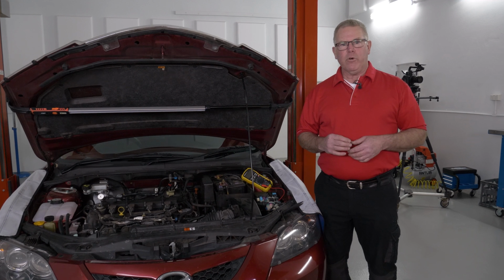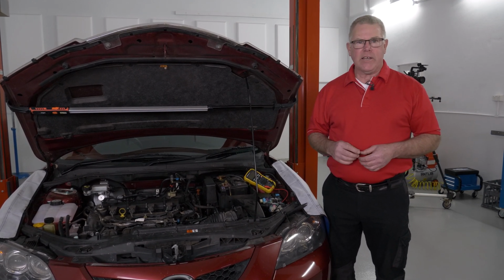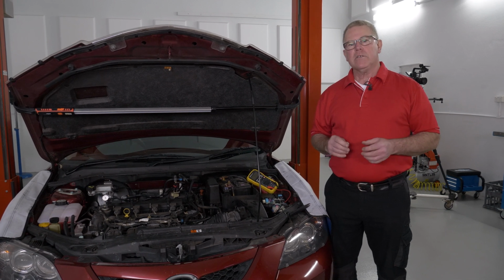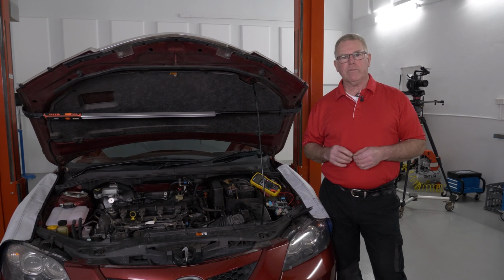I've got another tech tip for you today. Fuel filters on modern cars are usually hard to get to. They can be in all sorts of awkward locations. Sometimes you've got to remove the fuel tank just to get to the filter. So if you've got a problem and you suspect that the fuel filter may be restricted or blocked, here's a